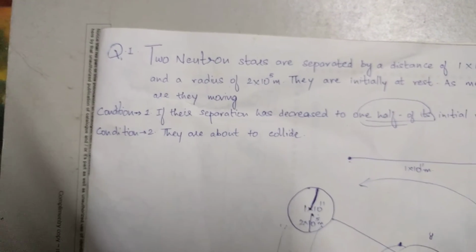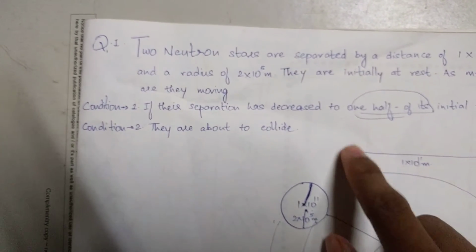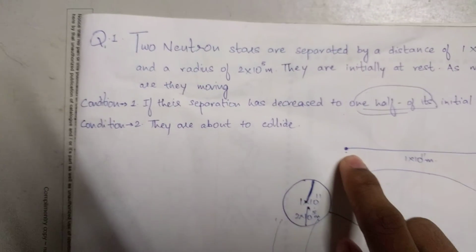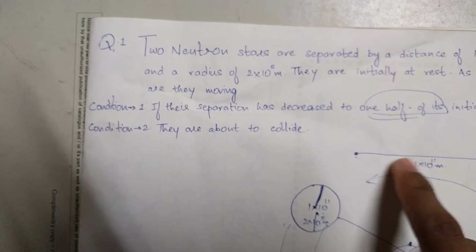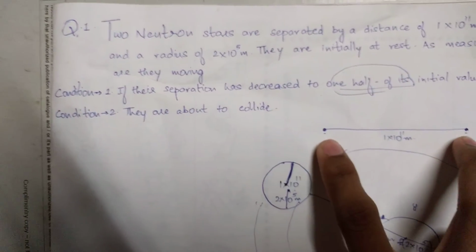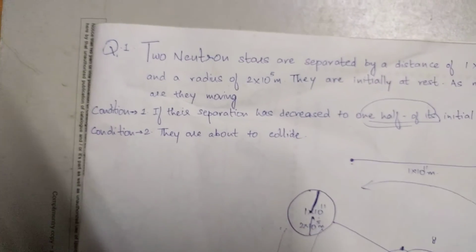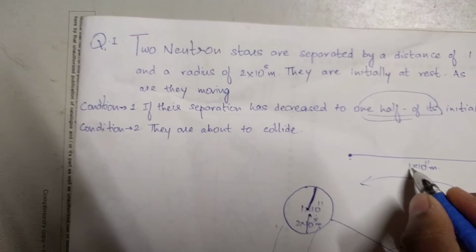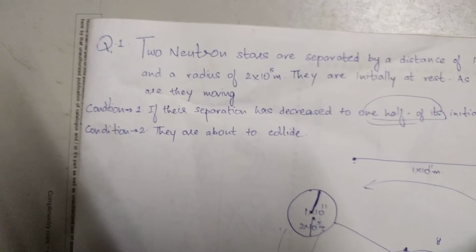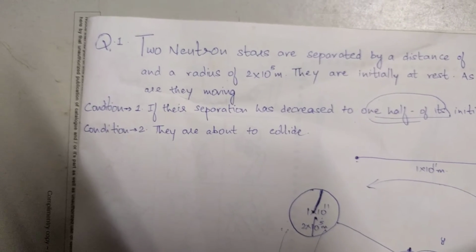For every distance they travel here, they'll have increased acceleration, because the force is not constant. Every time the r is changing, so r square would again be a changing factor. So every time the force will get squared. So we have to integrate the whole thing from 0 to half, integrating the acceleration, assuming f x dx,